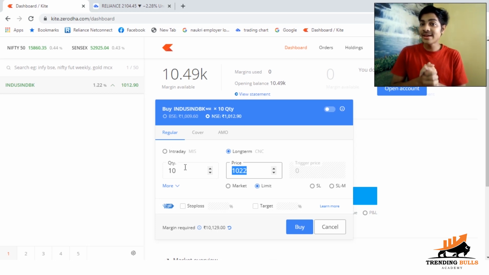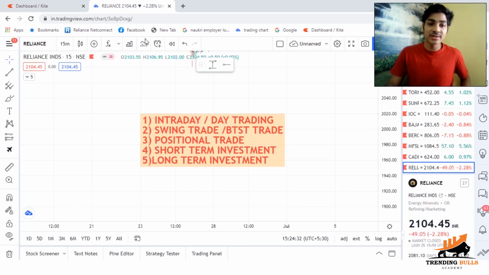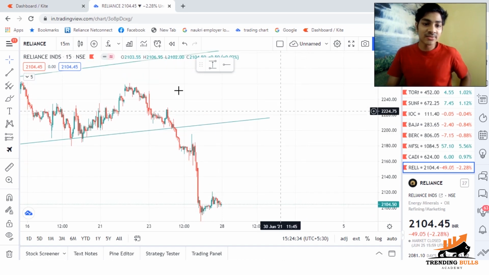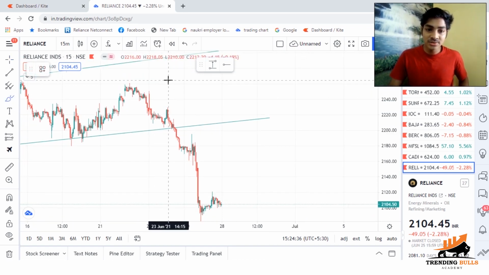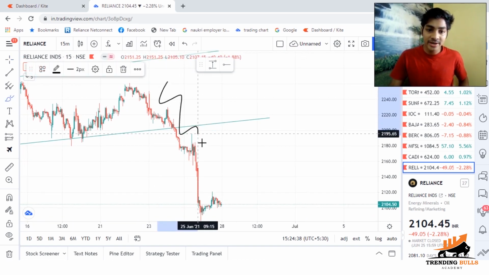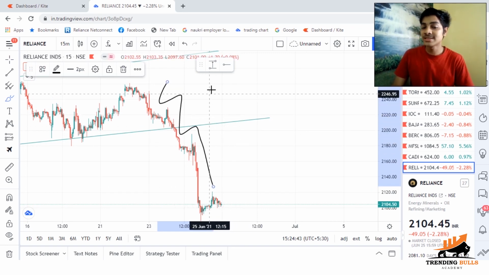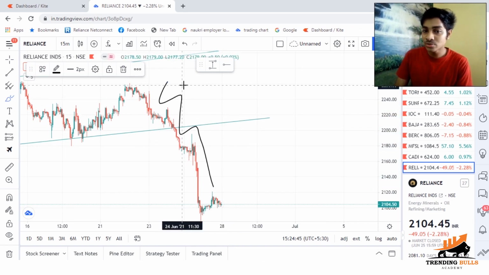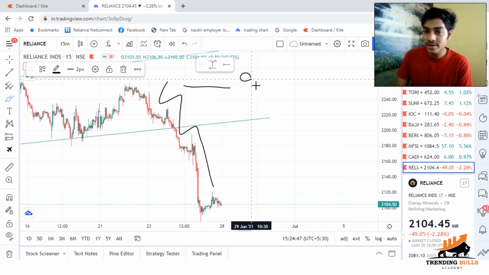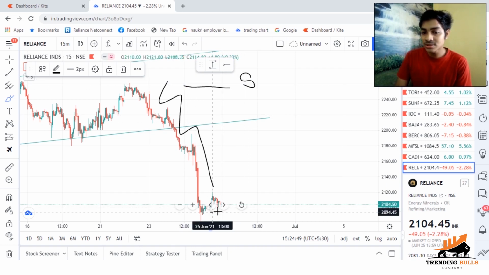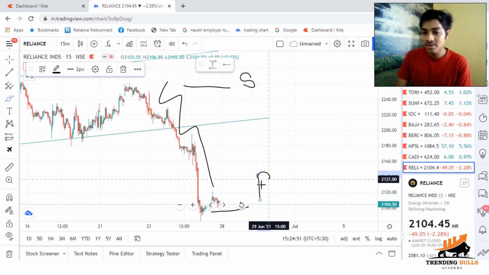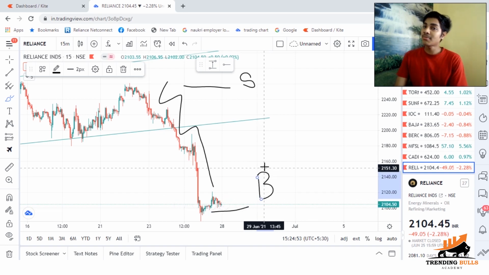Now the second advantage is that you can make money even when the share price is falling. So let me show you the graph, this is the Reliance graph. So if you see, the price started falling from here, and you can still make money when a stock is falling. How is this possible? It's because what you do here is that you sell at the top, you sell over here, and when the price falls down, you buy over here. So this is called shorting the market.